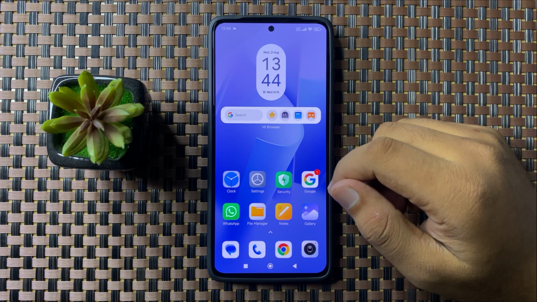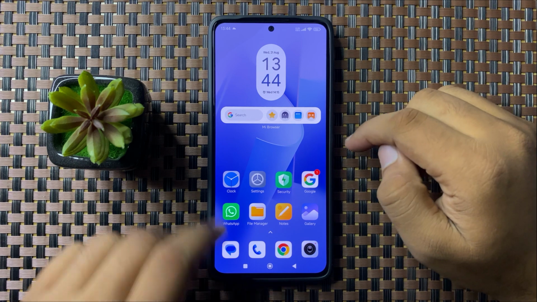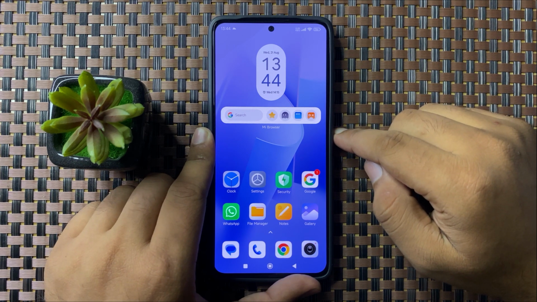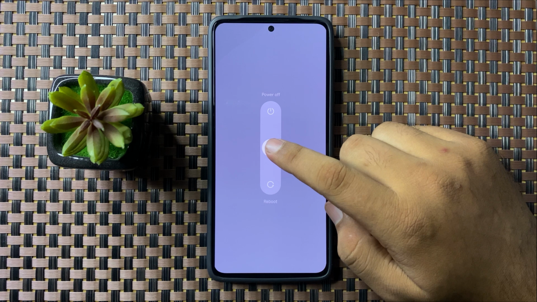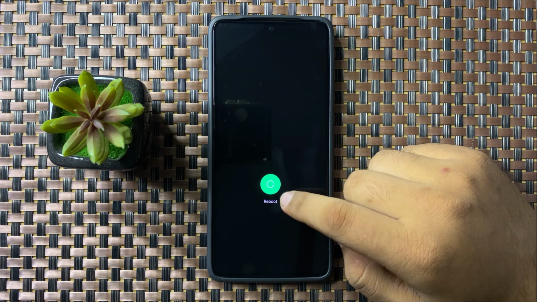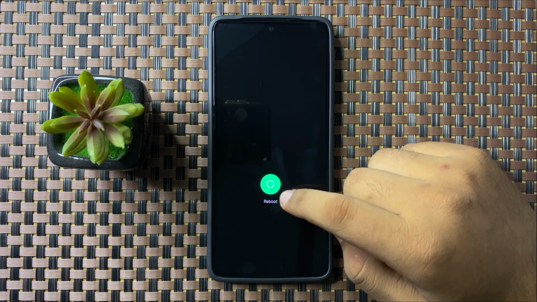In this video I will show you how to fix the apps crashing issue on your Xiaomi phone. So to fix this issue, first of all try restarting your phone. To restart, press and hold the power button. Now swipe down this white circle, and when the circle gets green, you can lift up your finger to